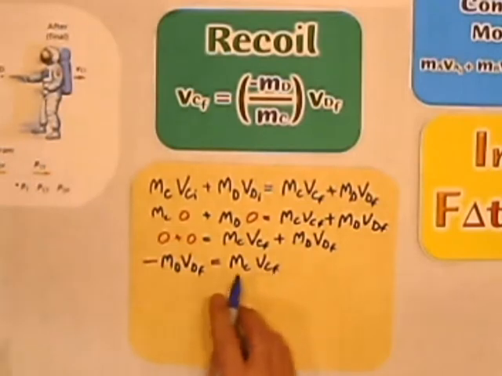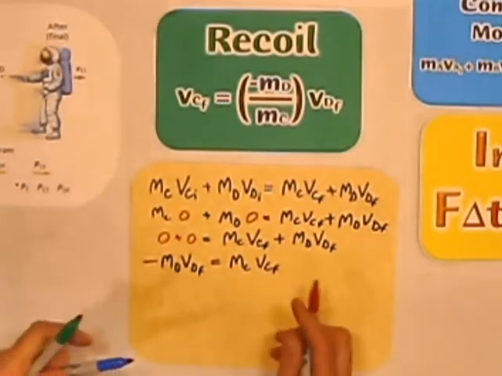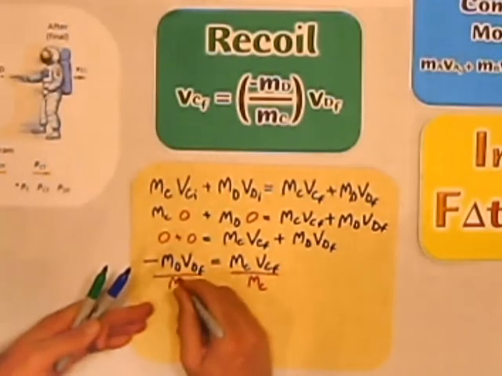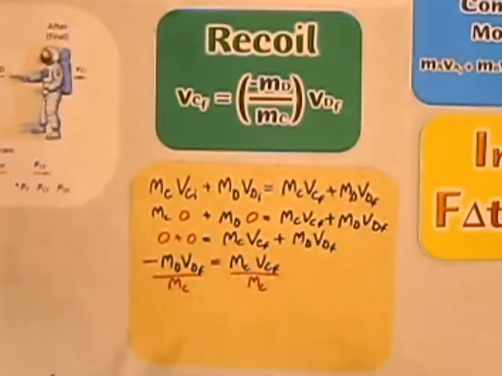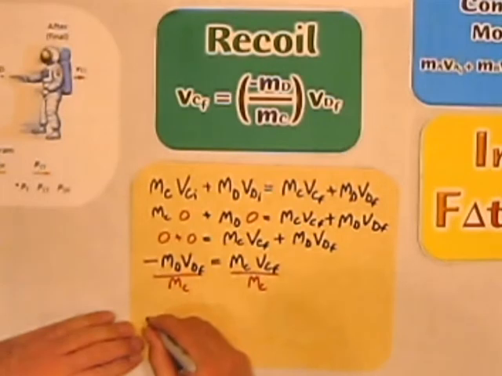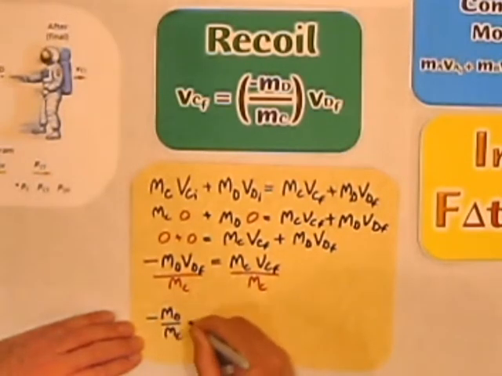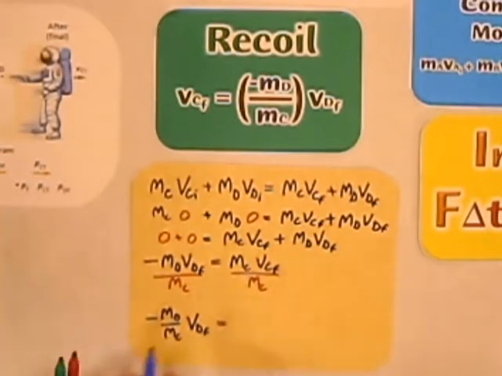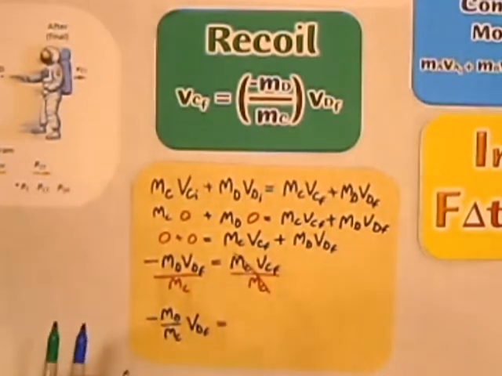And then we have to divide both sides by MC. If we divide both sides by MC, what we wind up with is negative MD over MC times VDF equals, and then these cancel out, and you are left with